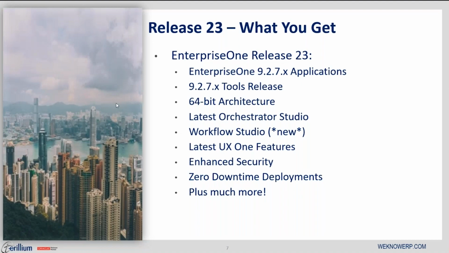For those of you that were on the past webinar that I did about a month ago, a couple of these slides are similar, and the reasoning for that is I want to make sure everyone understands what you get with the Release 23 update specifically. It's going to be 9.2.7 tools, 64-bit architecture. You're going to get all the newest UX One features, Orchestrator Studio, Workflow Studio, some enhanced security. There are some new features around zero